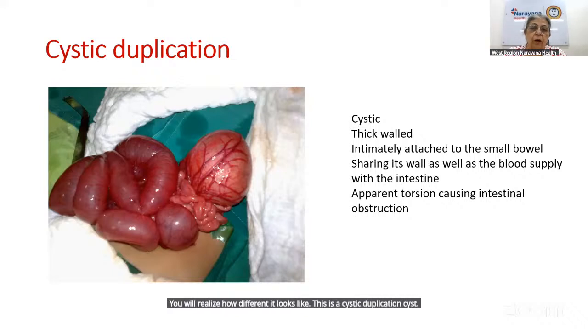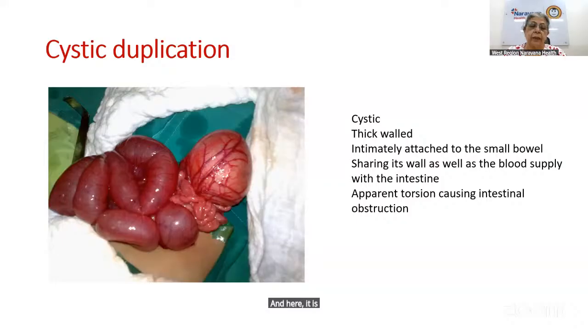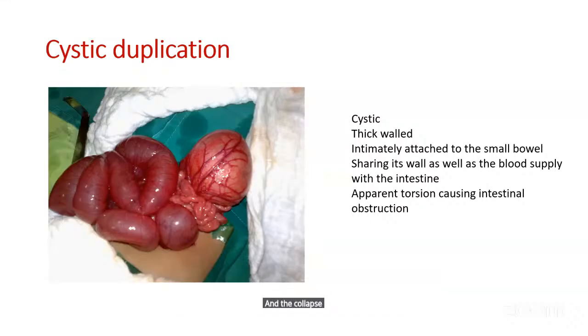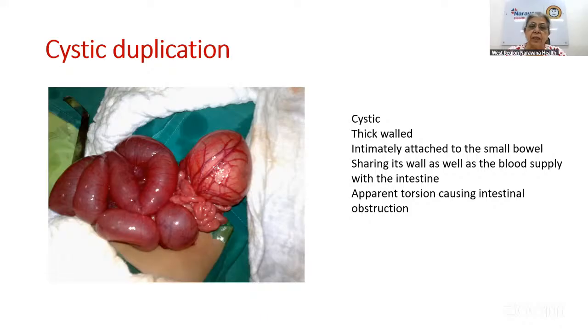You can see the wall. It's a very thick wall compared to what I have shown you in the previous cyst. And here it is apparently rotated, and that's why there is an intestinal obstruction. See, these are the dilated loops, which are proximal loops, and the collapsed loops. Here it shares the wall of the